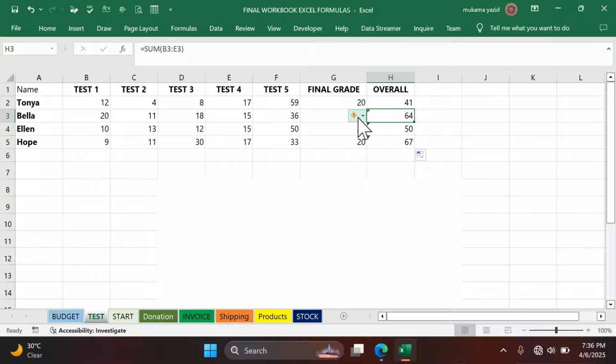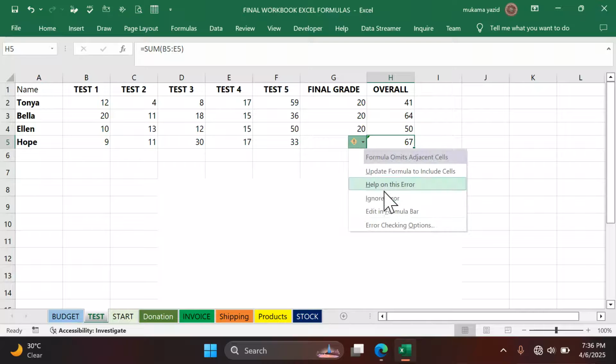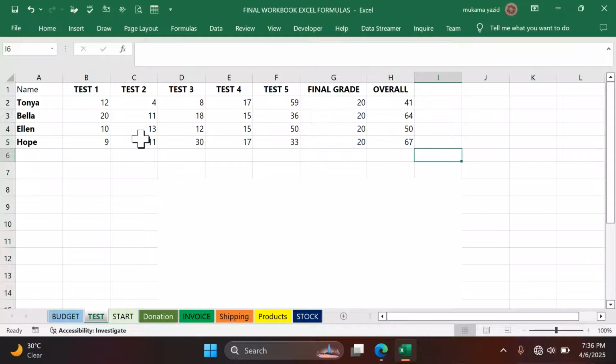So we ignore the error here, and here, and here too. So that is it. The question was who scored the highest marks. As we use our eye, we can see Hope got 65, better than others. So automatically this is the one who scored the highest marks. But in Excel we don't just use our eye to tell the answer. We should use a formula to tell the answer. Who scored the highest